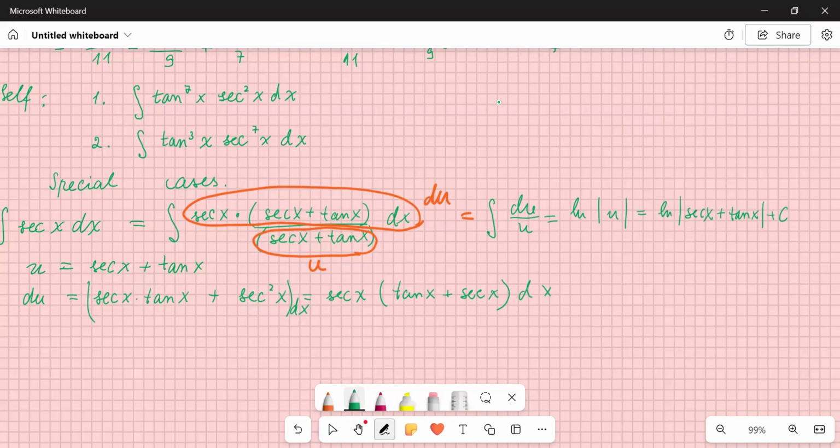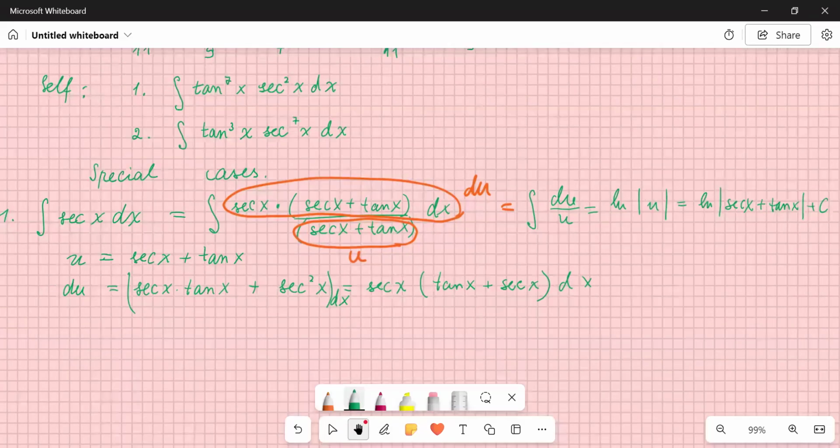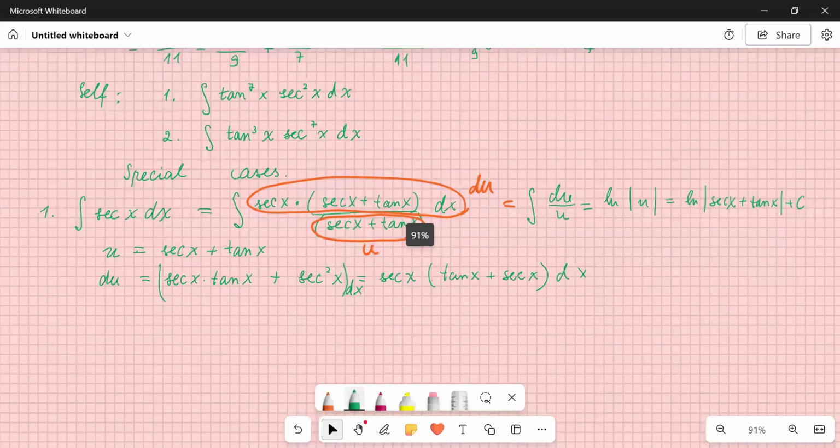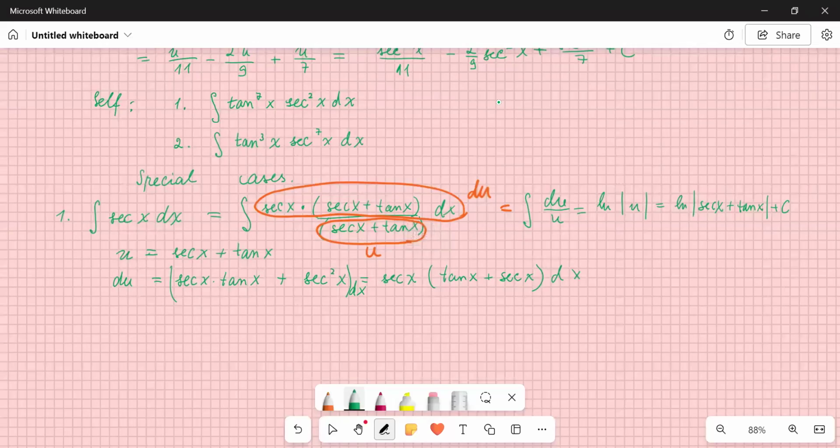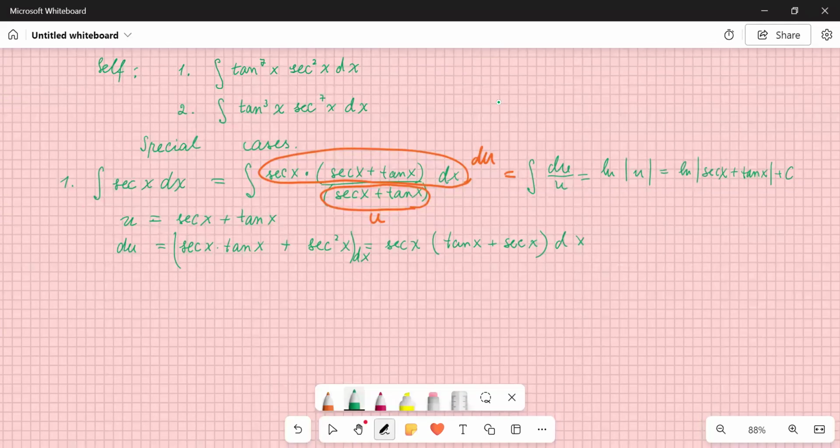My suggestion is to memorize this formula, because this special substitution never comes to hand unless you have a very, very good memory. Very good. So that's my special case number 1, when the secant power is 1, odd, and there is no tangent. Let's imagine that the power of tangent is 0, which is going to be considered even. Now, guys,